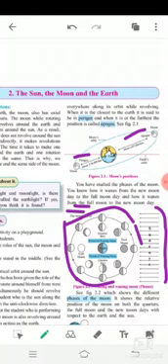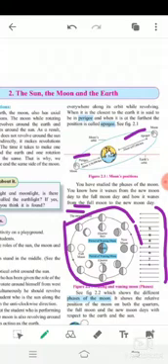The changing shapes of the illuminated part of the moon as seen from the earth are called phases of the moon. Okay, now what is full moon day? On the full moon day, the sun's light falls on the entire portion of the moon facing the earth, therefore the moon disk appears as a full circle.